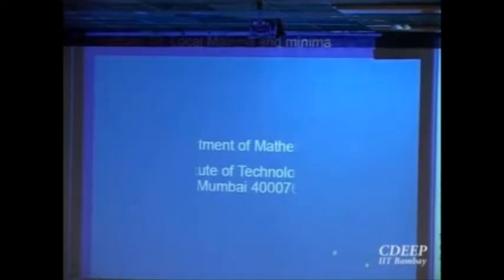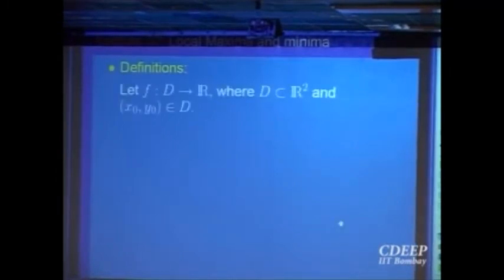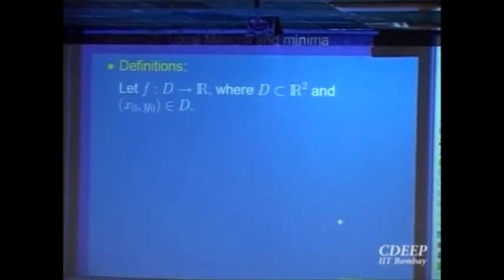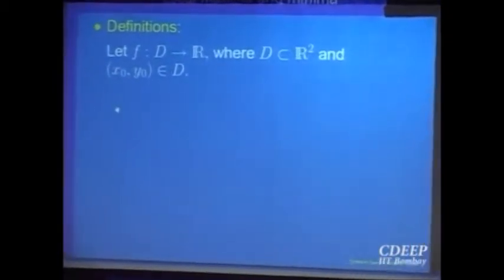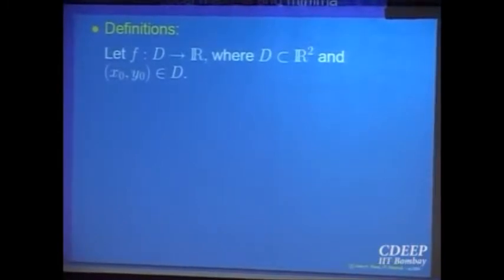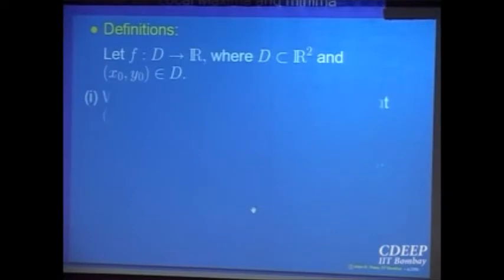continuous. The next stage of analysis in our course is similar to that of one variable. We'll start using these notions of differentiability and so on to analyze maxima and minima for functions of several variables. So let us start defining what is called local maximum and local minimum. So given a function of several variables defined in a domain D and given a point x0, y0, we say f has local maximum at the point x0, y0 if what should happen? There is a neighborhood of that point so that the value at that point is bigger than or equal to value at every other point in that neighborhood. So same as one variable.